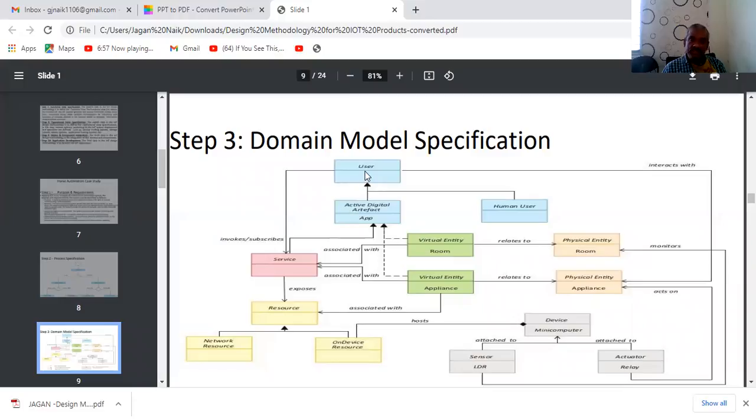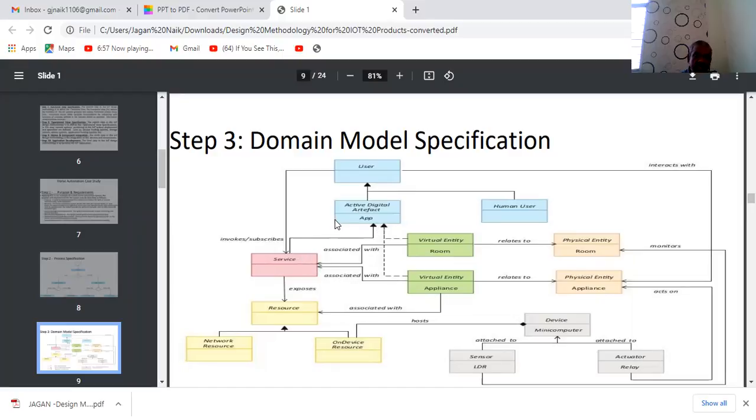So here the user and there are many components which we are using, right? Those components have relationships, generalization relationships or association relationships or any other relationships, with which we are going to give the relations among those different components or devices.